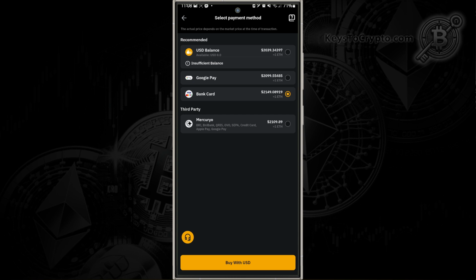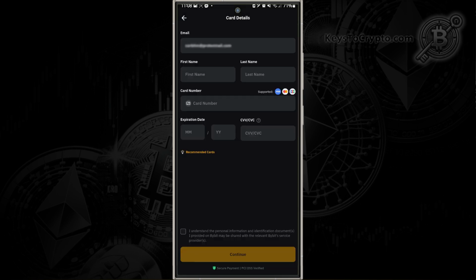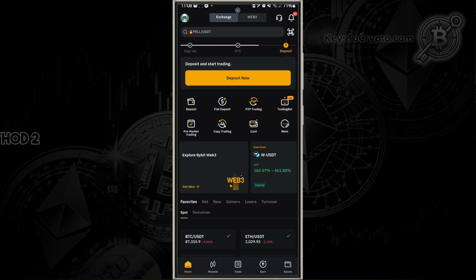For example, bank card, tap on buy with USD. This is just a list of cards that they do and do not accept. Fill out your bank card information, tap you understand, tap on continue, and that's the first way you can buy Ethereum on Bybit. The second way you can buy Ethereum on Bybit is if you already have an asset in